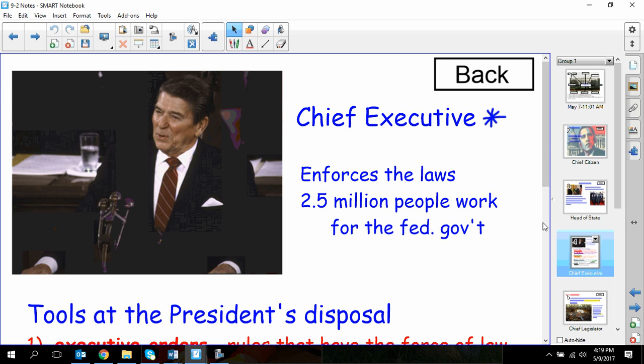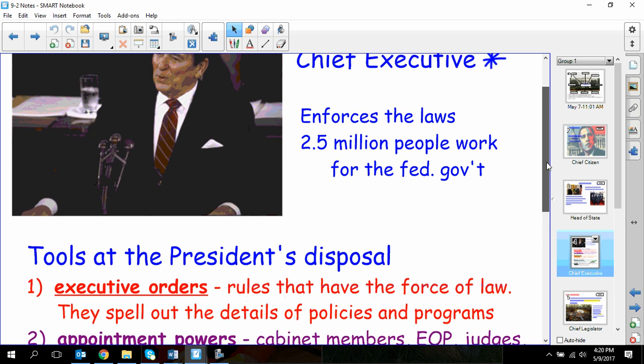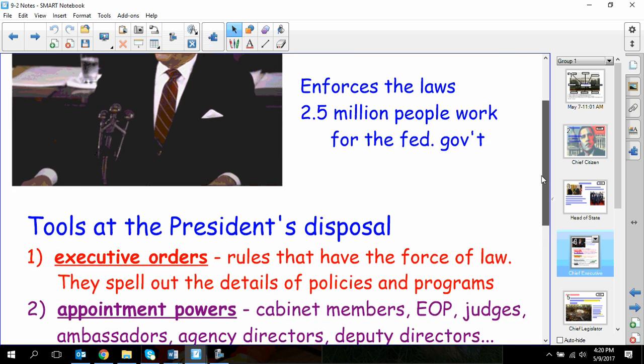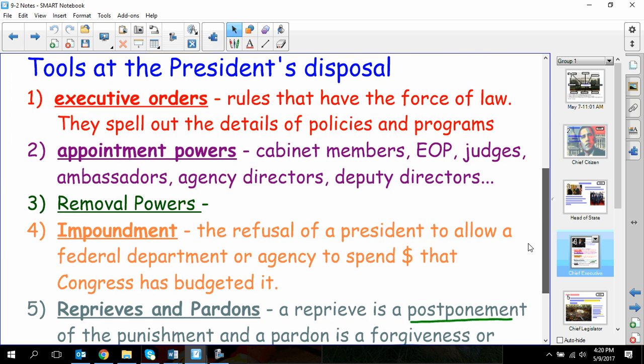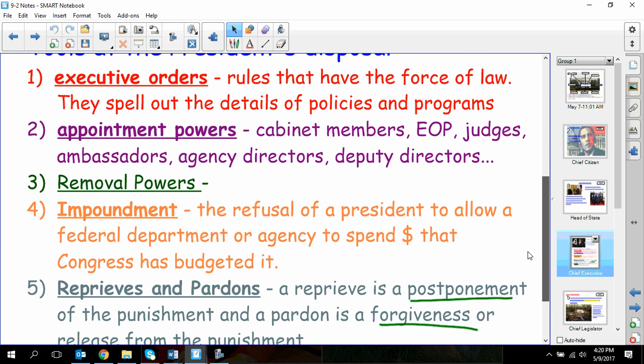He has to enforce the laws. There are over 2 million people that work for the federal government, and actually I think that number is a little outdated. I think it's actually over 3 million people. These are the tools that he has at his disposal. The first is that he has what are called executive orders. And these are rules that have the force of law, and we've been seeing executive orders fly left and right with President Trump as he started his